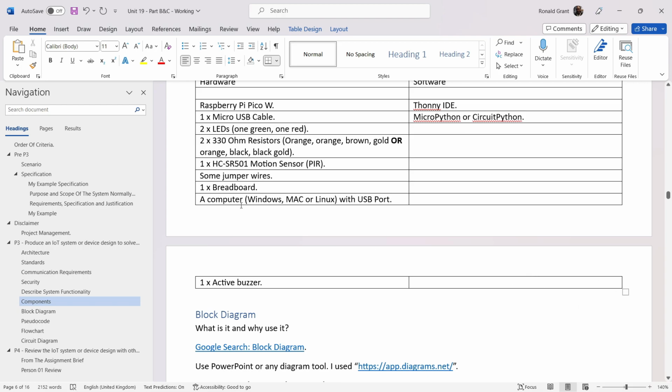A micro USB cable that needs to connect to the PC, because the Raspberry Pi Pico W is connected to the PC using a USB cable. It needs to be programmed that way. And finally, the Raspberry Pi Pico W, because that is the microcontroller I have decided to use. You could use